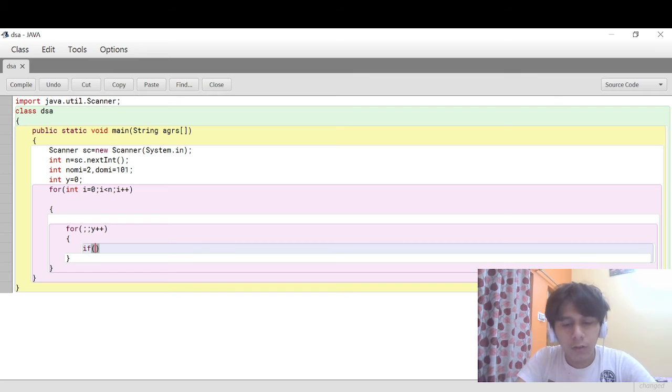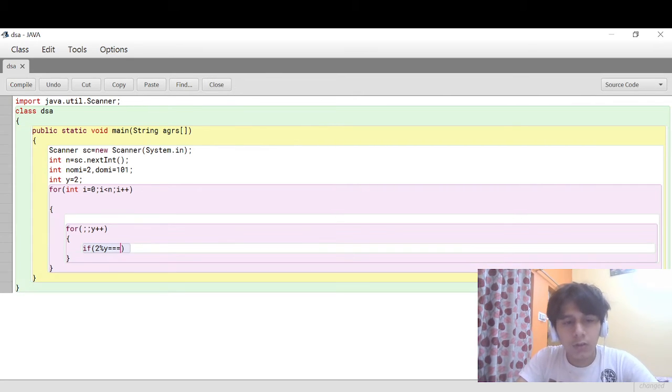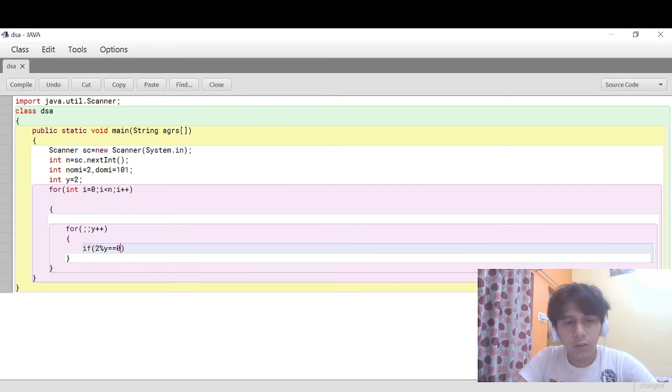So if y equals to 2, y mod y not equals to 0. So it begins like this.